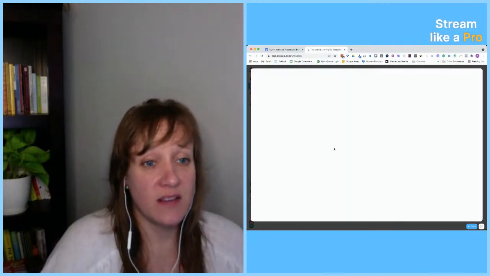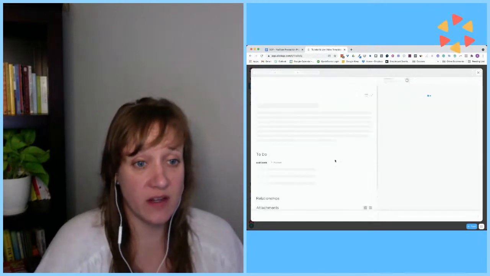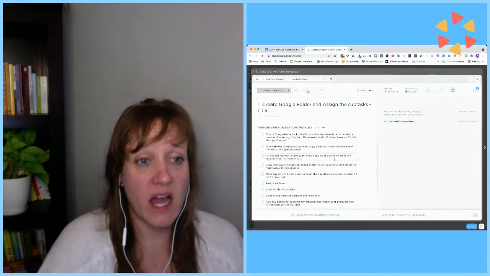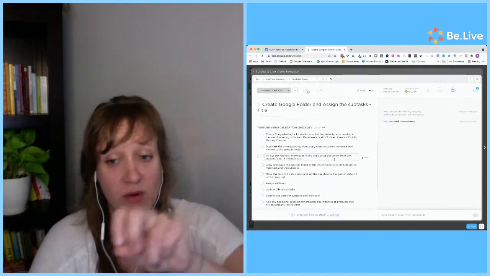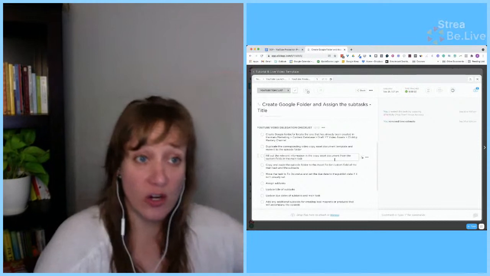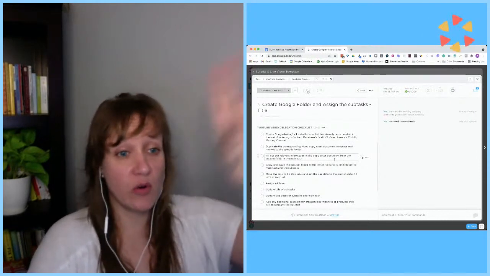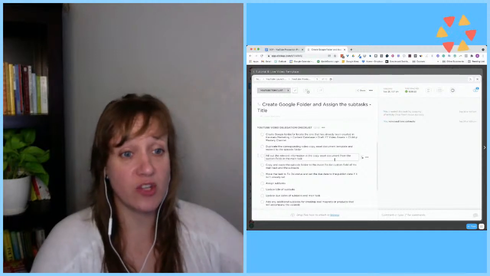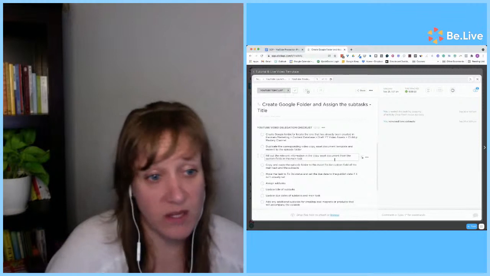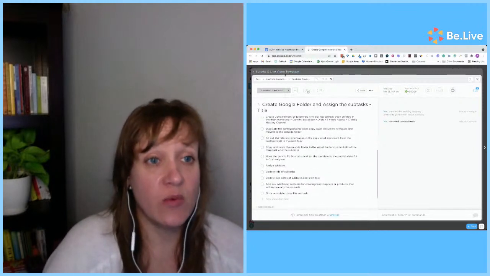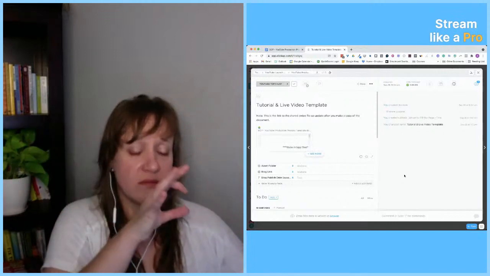Each of these has checklist items. But again, I wouldn't start with trying to build it out in ClickUp or any project management tool. I would start with building out notes on a sheet, turn that into an organized process with step-by-step instructions, then take that and translate that into your project management tool. And the way that I distinguish between checklists and subtasks